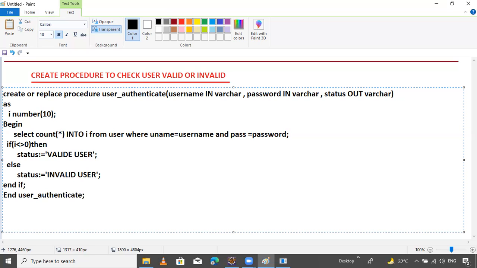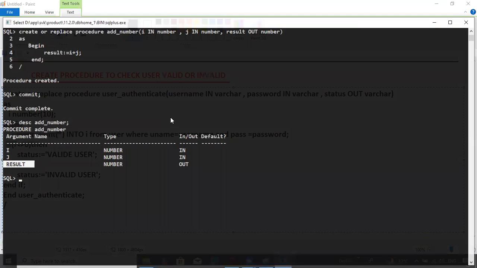Okay. Now let's try. If it runs successfully, then I will explain what this is. One more time, I will explain, guys. First we create one table, user.